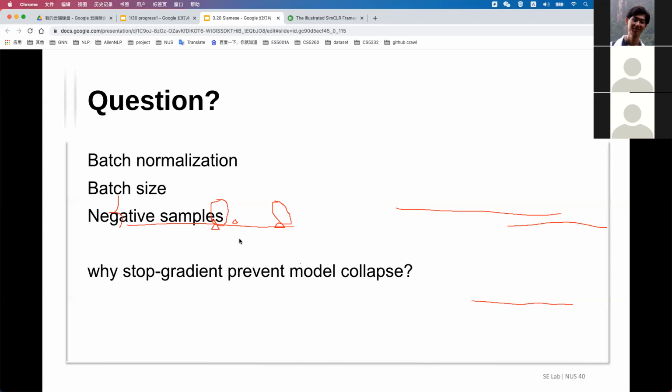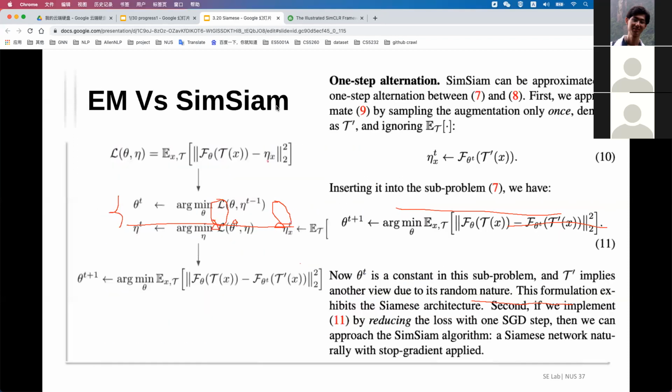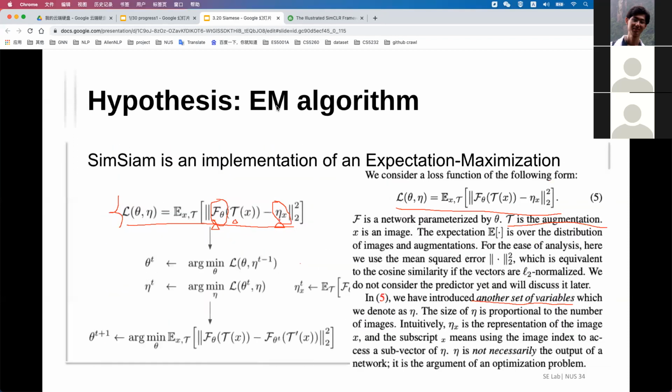And okay, so let me ask. There are fewer people here. I'm going to clarify whether you really understand, so maybe I ask questions. What is model collapse? Model collapse means that the model has the same output for any input.